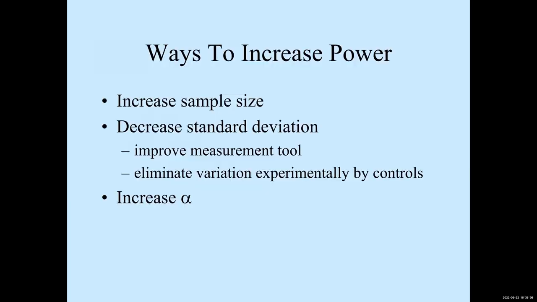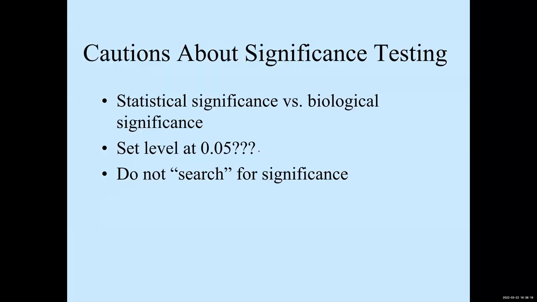All right, so we also want to increase power. Power is a good thing. And the easiest way that we're going to be able to do it is to increase sample size. All right, so when we've done an experiment or we're designing an experiment, we want to try and design it so that it has good power, so that we can tell if there is a difference between our different groups. We have certain situations, though, where if we have a really, really big sample size, we're almost